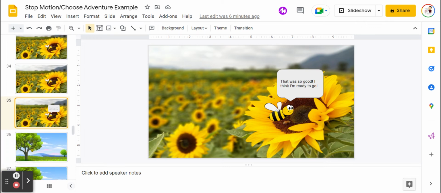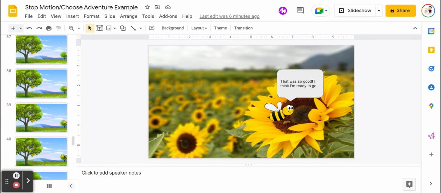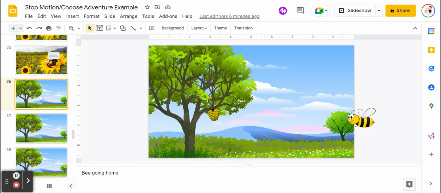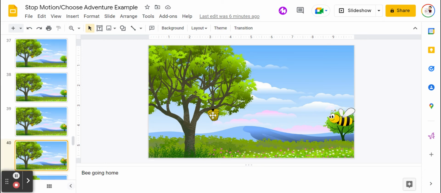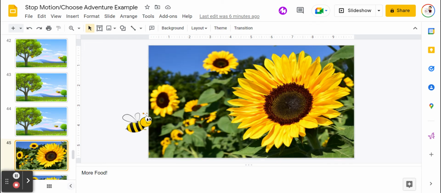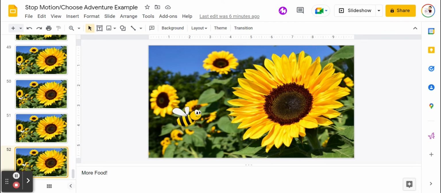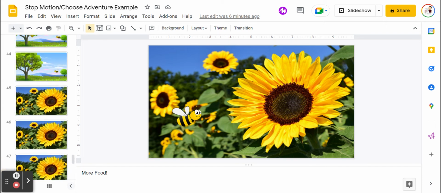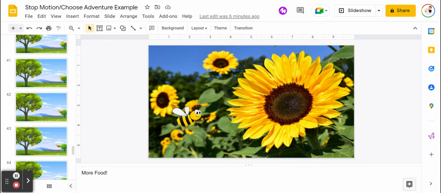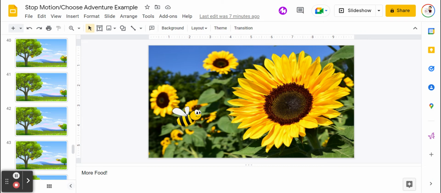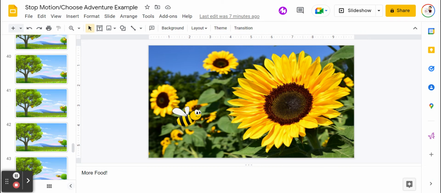And you're going to notice that I actually expanded it a little bit more, but I expanded it in two different ways. I have my bee friend going now towards a beehive. And I also added some slides where he's actually getting more food. So we're going to have a decision here of either going back to the hive or going to go find more food. And I labeled those in the speaker notes just to help with organization as well. It's just kind of helpful for planning. And then the students or myself can continue on to the story, actually making it to the hive and making